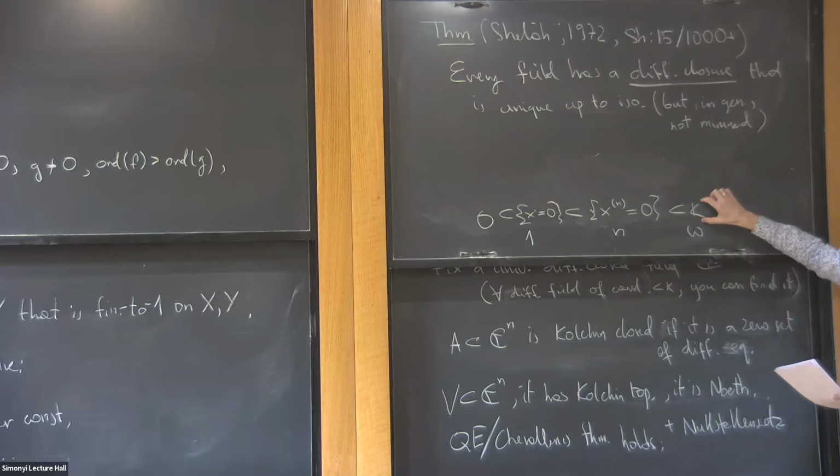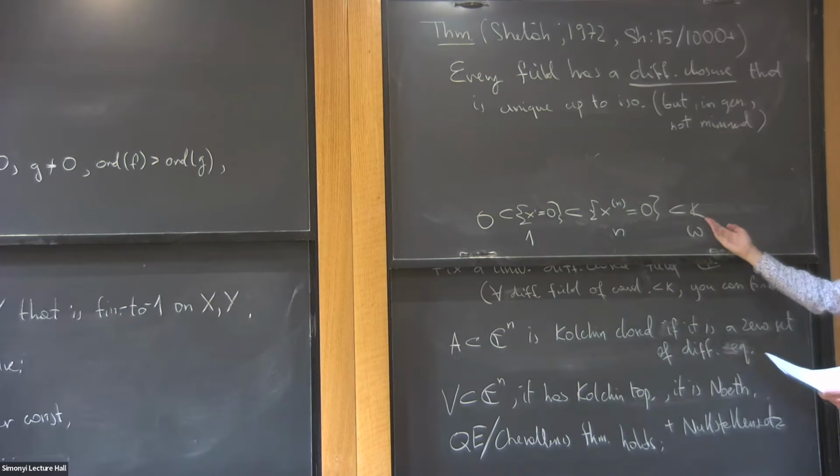I wouldn't consider this as, it may be a matter of terminology. It's like Noetherian, but of rank omega. We need more steps. And you know the dimension of C to the n? It would be omega to the n. To the n. Wait a minute. Yeah, because every dimension, right.